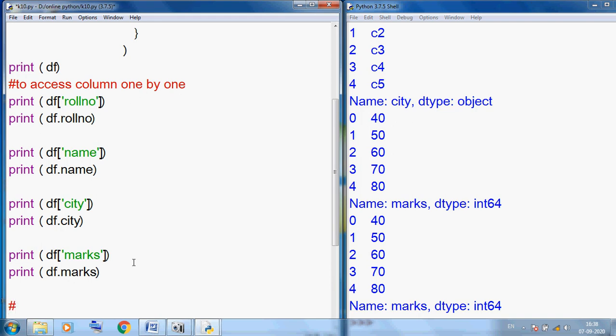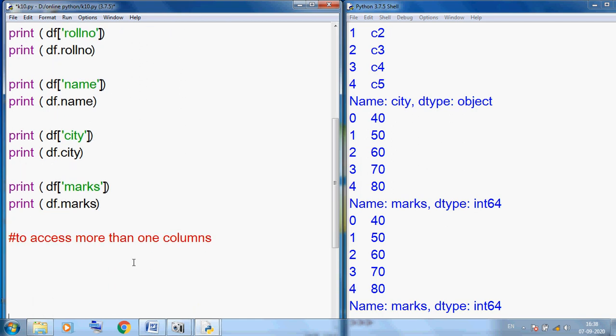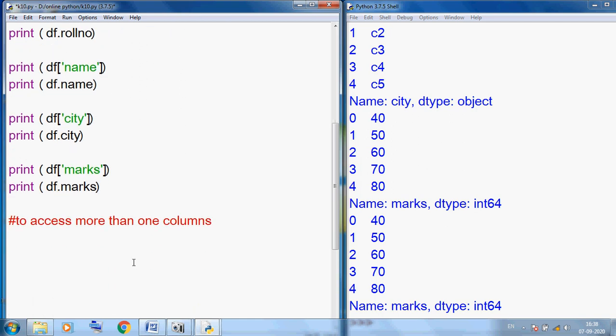To access more than one column, we can access more than one column also. This is a very simple thing, it is a requirement. We can use df, and we can use double square brackets, because we have multiple columns.